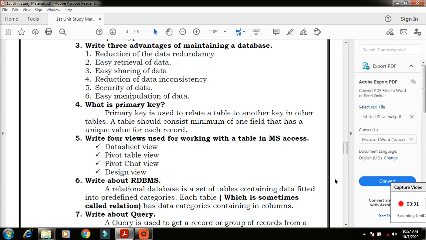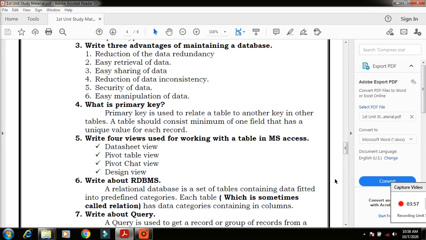The next question, what is primary key? A primary key is used to relate a table to another key in another table. A table should consist of a minimum of one field that has a unique value for each record. Okay, that means what?